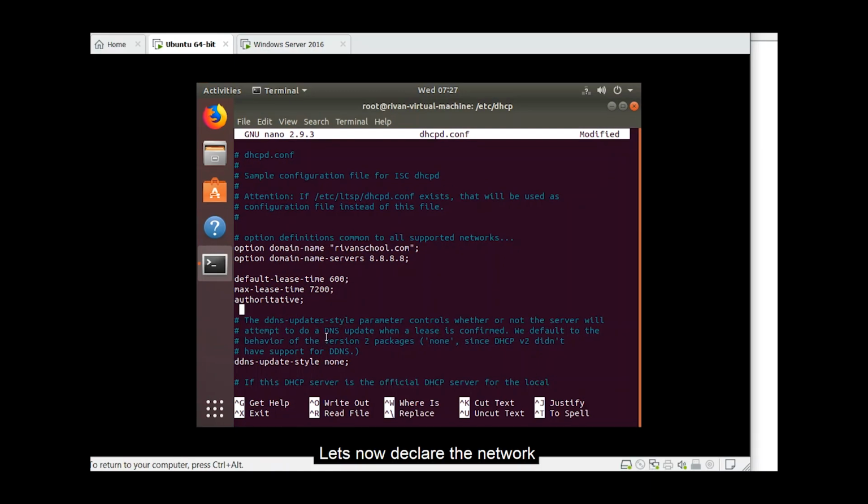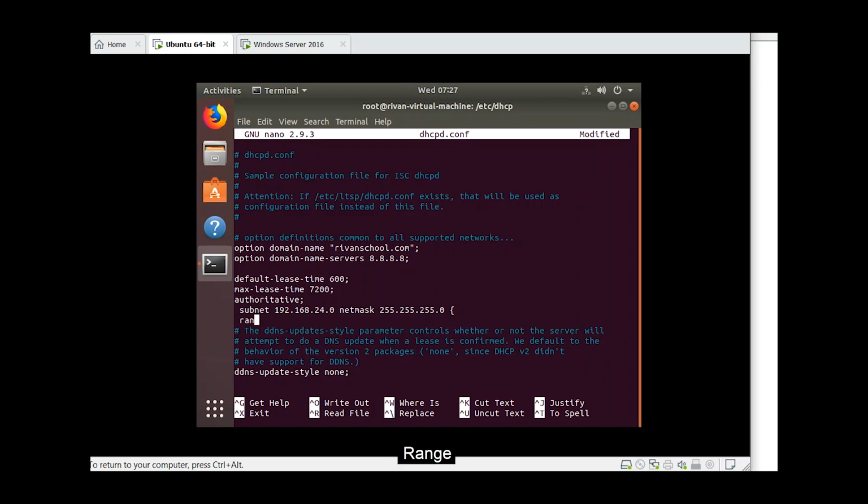Okay, let's now declare the network by typing subnet 192.168.24.0, then netmask 255.255.255.0, curly brace open,